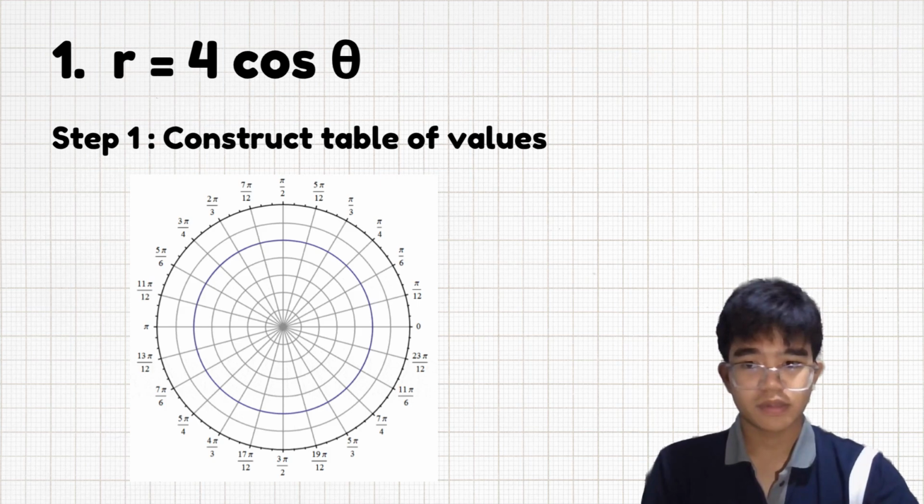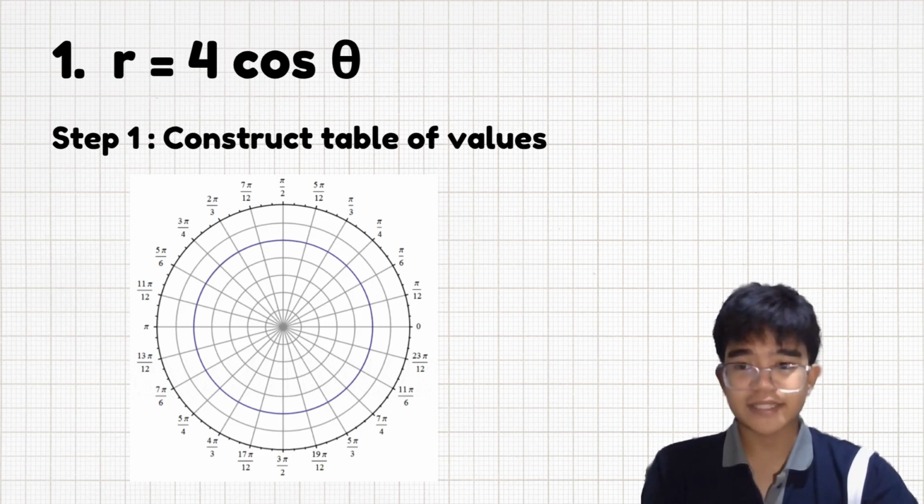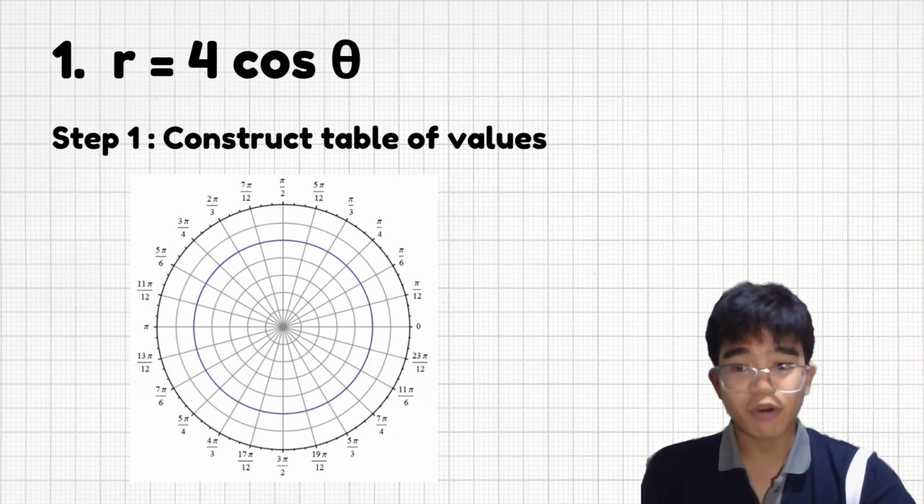Step 1. We first construct our table of values. As you can see, we just have to utilize the theta or angles that are already given in the polar graph. Note that it is not absolute to always use the values of the polar graph, because there are instances where the polar equation has a multiple of theta. For example, in number 3, theta has a value of 3. Let us dwell on that later.